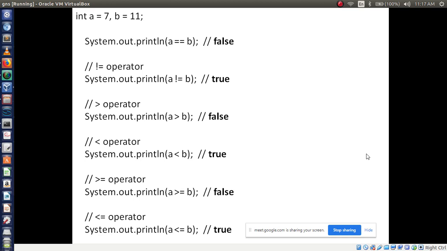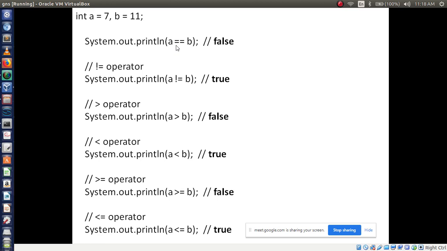I am displaying the result directly, within only one line. Instead of writing result is equal to a is equal to b, I am not performing any extra operation. Only one operation and I get the result. So in SOP it will check whether the condition is true or false.